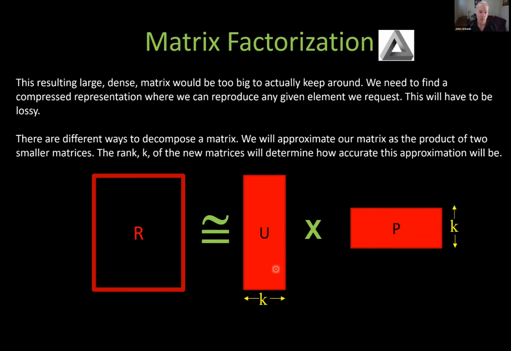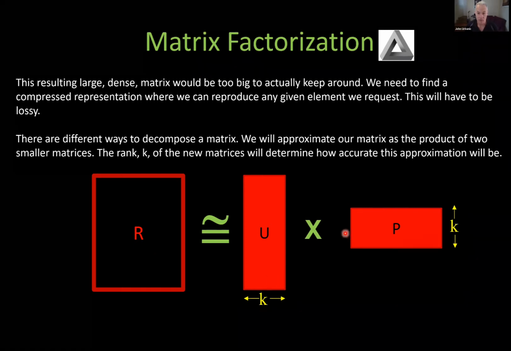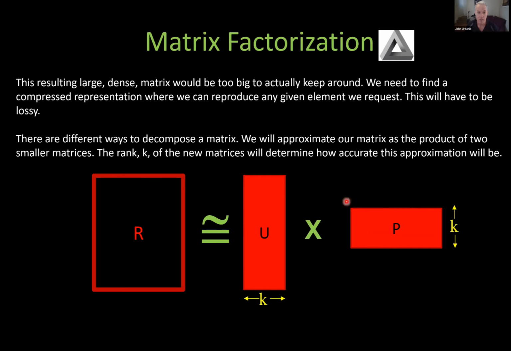In other words, if you remember basically how matrix multiply works, you take this column and multiply it by this row, and we can get this element that corresponds to that column and row. So that's the simple mechanics of matrix multiply. That allows us to try to represent a large matrix by having smaller matrices here, because as long as this matrix is tall enough and as long as this matrix is wide enough, we can represent any given point that we need here.